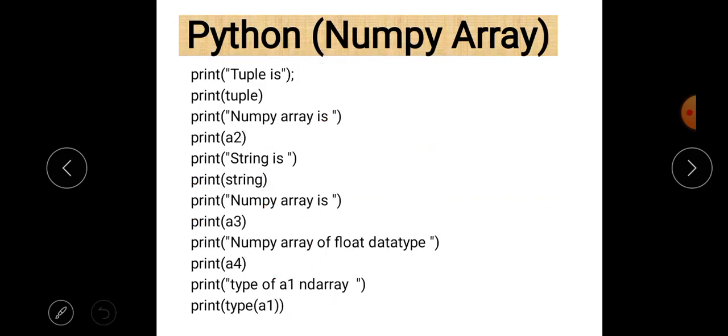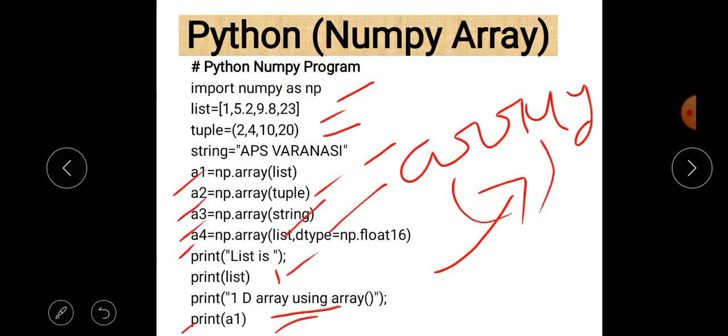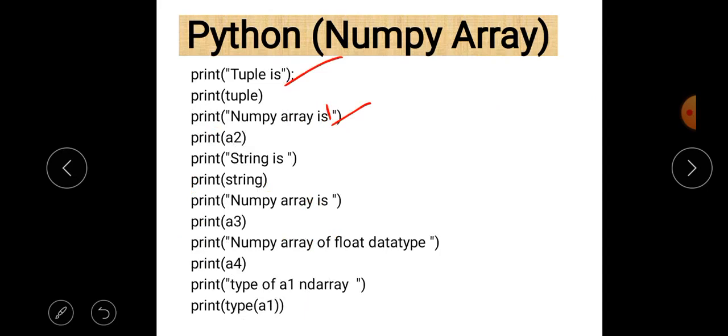After this you can easily see that the tuple is printed, and the array which is converted from the tuple. a2 is an array which is converted using a tuple. Okay, next is the string, and the array regarding that string is also printed here.